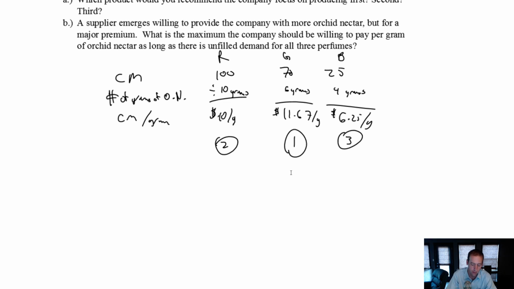Okay, so first of all, assuming there's unfulfilled demand for green, that's the one we'd be willing to pay the most for because that's the most profitable to us. So ignore red and blue. We're just looking at our most profitable product. How much would we be willing to pay per gram? Well, we're making $11.67 per gram of green, and within that, we're already paying